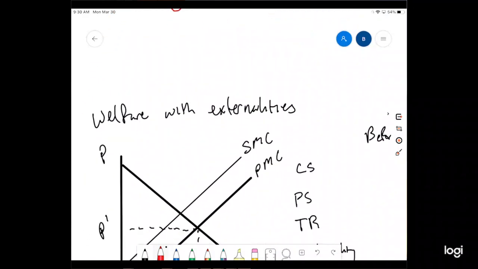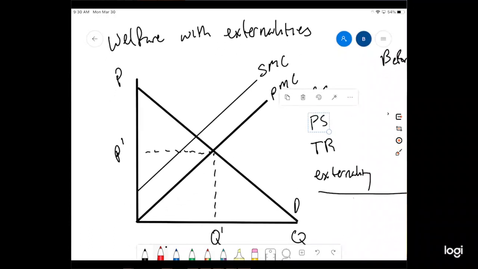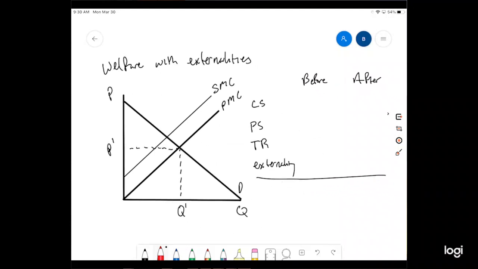What about a market with externalities? Okay, so let's suppose we have this market here, welfare with externalities. So now we have a private marginal cost curve and a social marginal cost curve. In a market, by definition, if we have an externality and